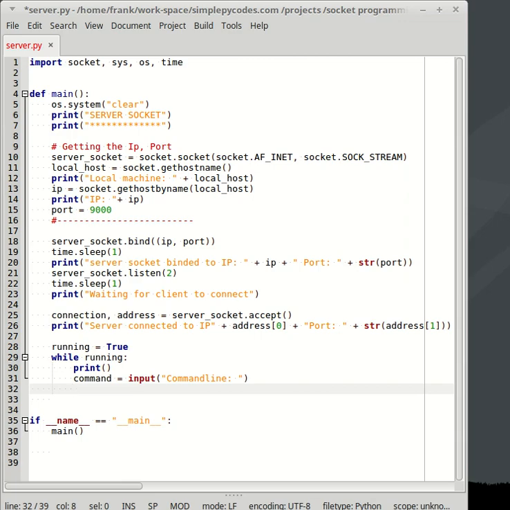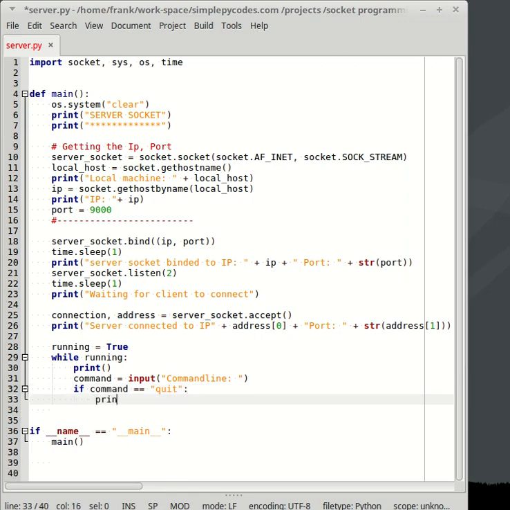So instead of using a keyboard interrupt, we can add a variable, for example exit or q or whatever, and it's just a simple if statement. So if command equals quit,